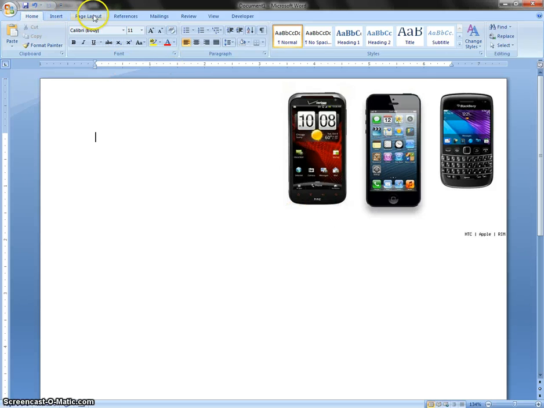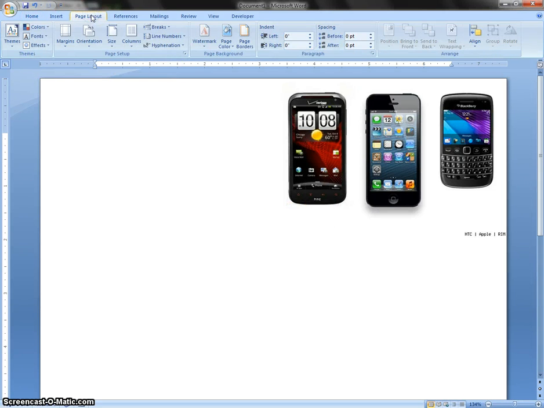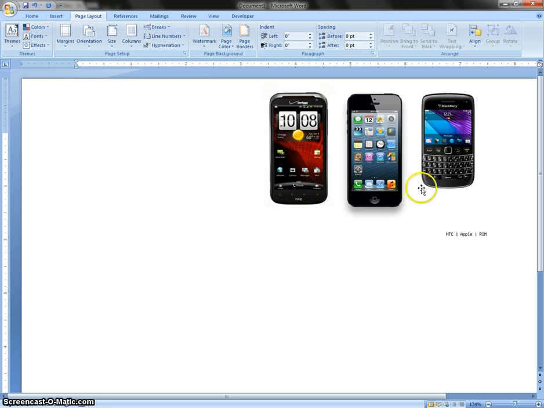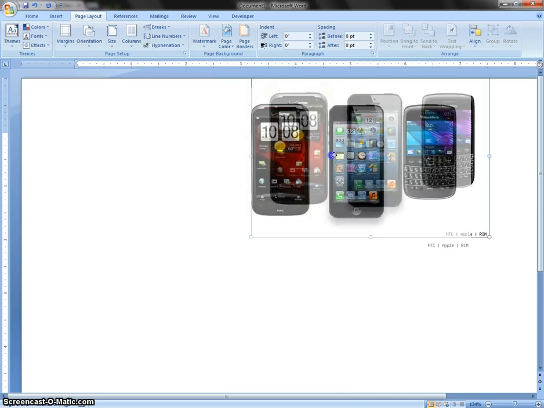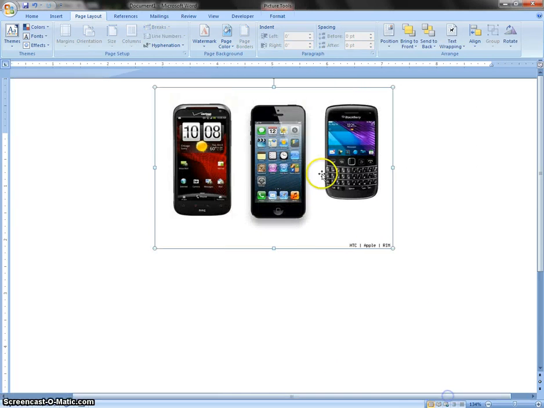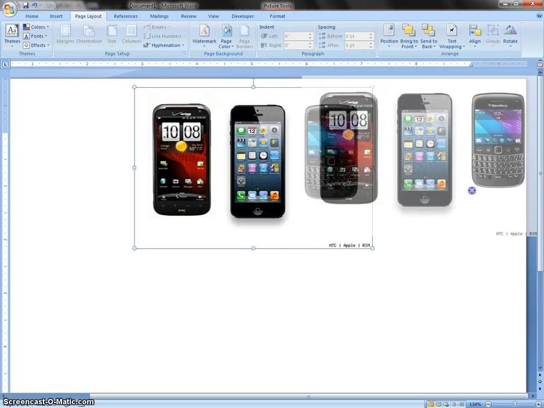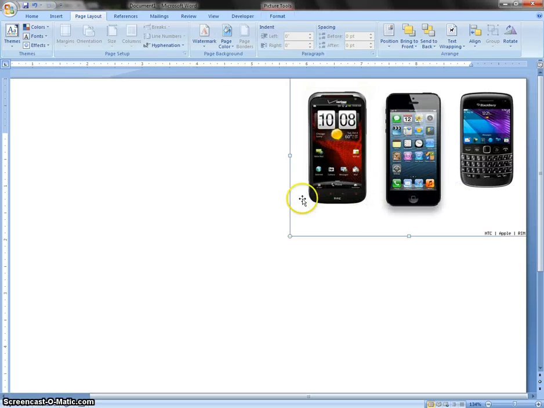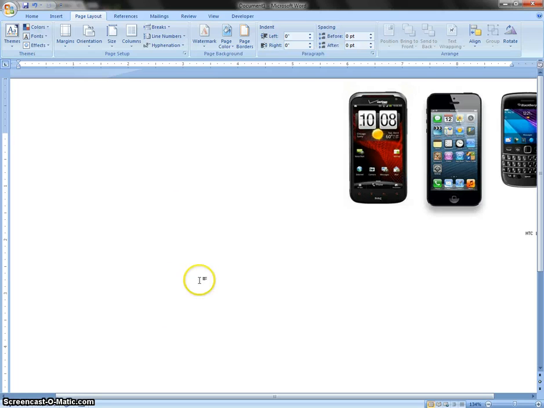We do need this to be landscaped, so we want to go to page layout, orientation, and landscape. I should have done that in the beginning. And now we can cover that up, and we keep adding them until we're ready to start labeling them. Once we want to label them